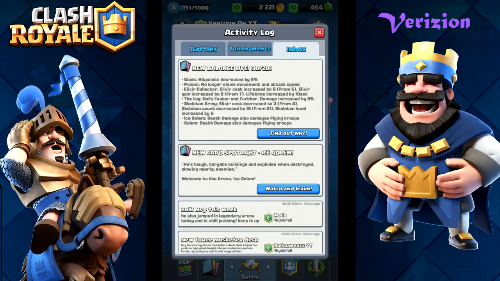But here's the worst thing that they actually did. So Elixir Collector's elixir cost increased to 6 from 5, and elixir gain increased to 8 from 7, and lifetime is therefore increased by 10 seconds. This is honestly one of the worst changes they have made since I've been playing this game, because the Elixir Collector